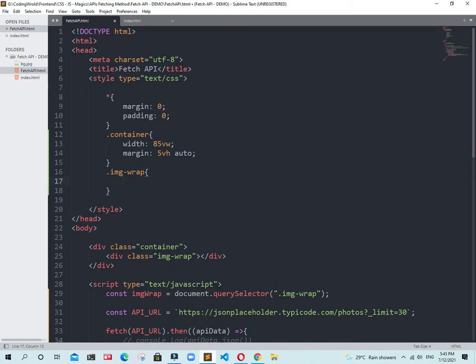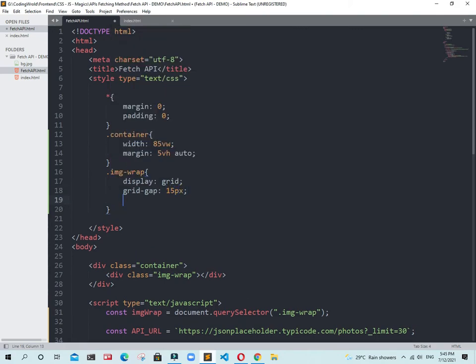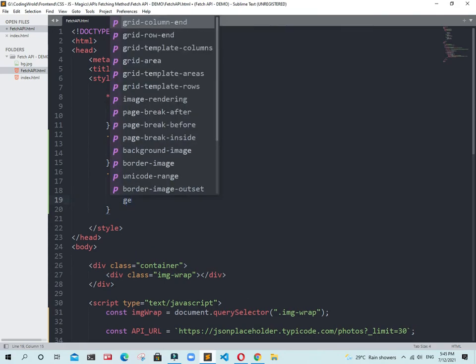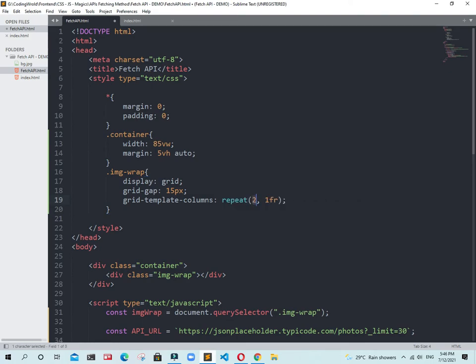First of all, the display will be grid, and the grid gap will be 15px. The grid-template-columns will be repeat 5, or it's going to be a minmax function. Inside this function we are using the first row. It is really cool guys.